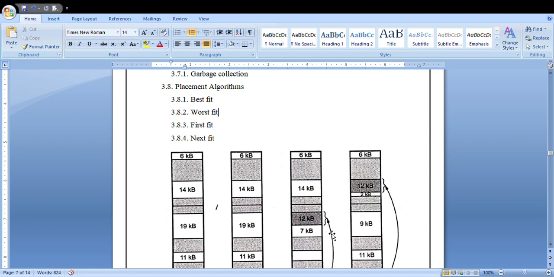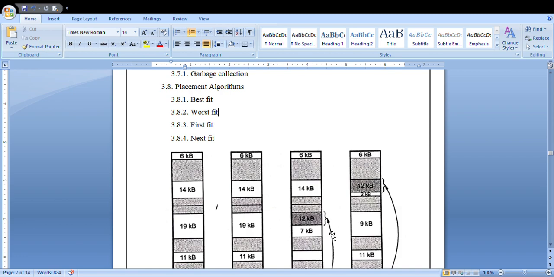From the beginning of this module, I have been saying that a process is allocated in the memory location using address spaces. But for allocating memory space for each allocation, there should be some placement algorithms, whether you want to allocate in a contiguous or non-contiguous way.